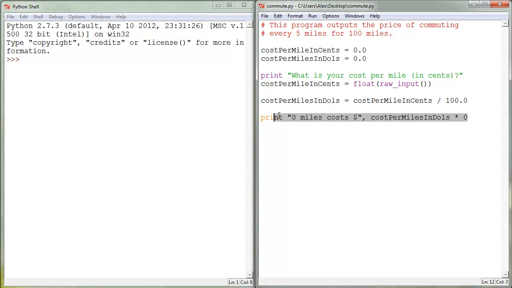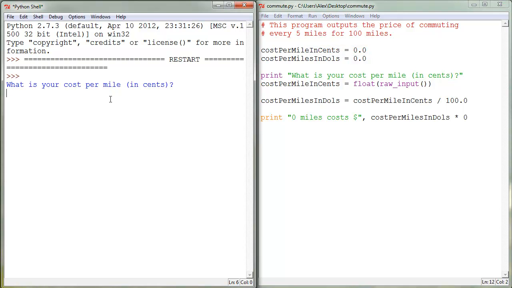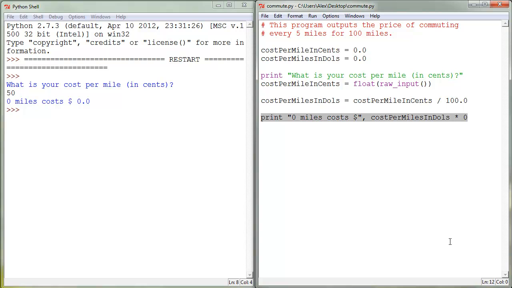Let's see how the program works. Go ahead and run this. I'm going to say it's 50 cents per mile, so 0 miles cost $0. That's right. All right, so what we could do is, if we need to output every 5 miles for 100,